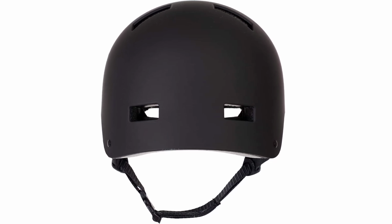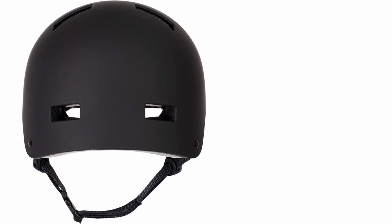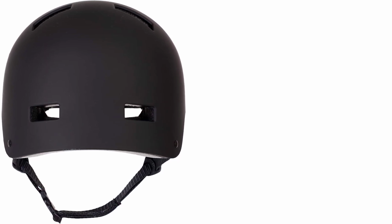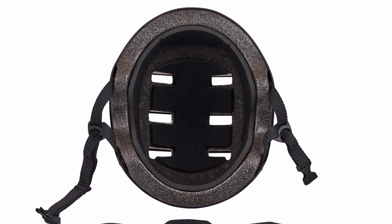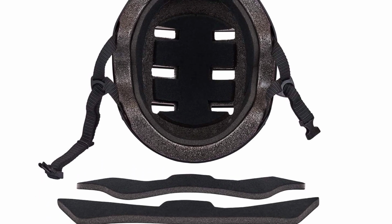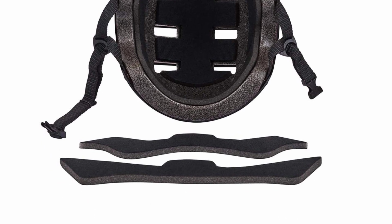The CM1 comprises ample interior padding and a thick EPS foam shell, bonded to a durable ABS outer liner that doesn't scuff easily. The straightforward design means there aren't any prone-to-fail, worrisome features or gadgets. The CPSC-certified EPS shell is the thickest in our test and should provide proper protection in the event of an impact. It's available in small, medium, and large shell sizes that will fit heads from 51 to 63 centimeters in